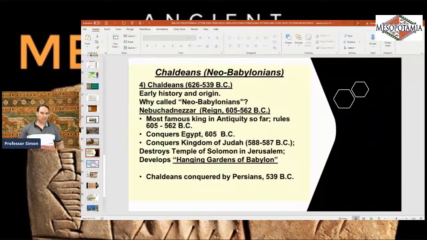And that's the next thing we need to get into. We need to, of course, talk about the last subject, which is the Chaldeans, a type of Semitic people that will emerge also in Mesopotamia or Iraq. They're called different names. Of course, they're called Babylonians, the Chaldeans, but the Chaldeans were a type of Semitic people of southern Iraq. And the state that they will create will be called